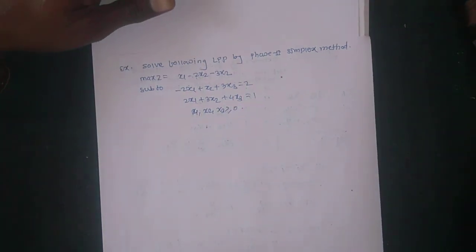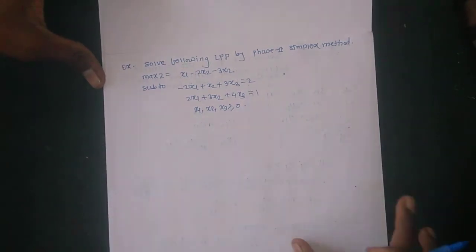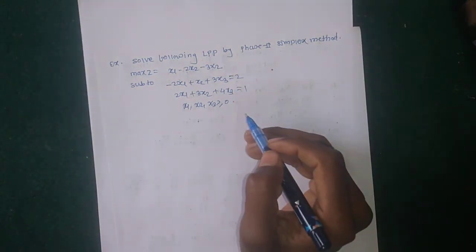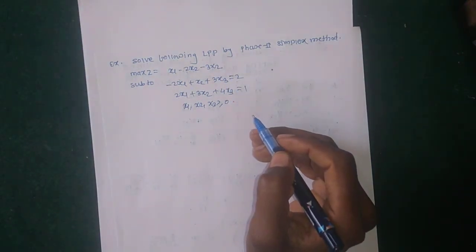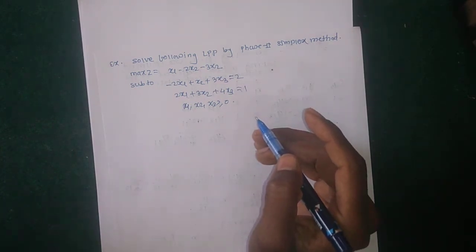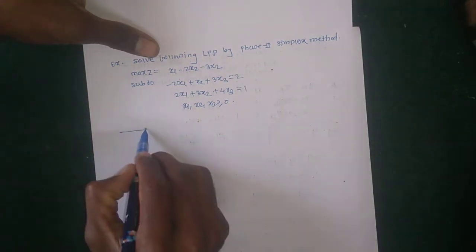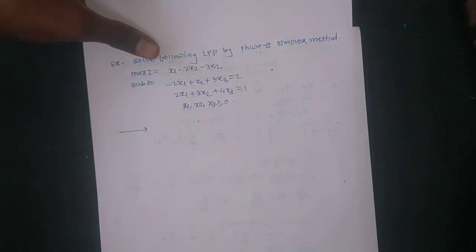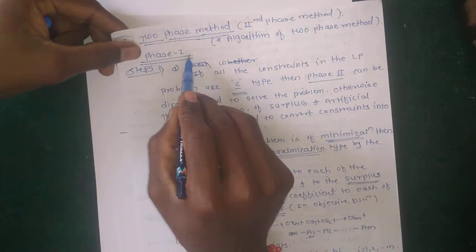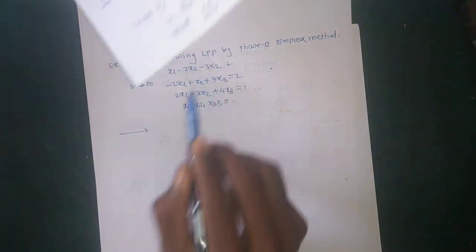So here we do not add a slack variable or surplus variable. Okay, here the constants are of equal to type, so we only add an artificial variable, because an artificial variable is added only when the constraint is of greater than or equal to type or equal to type. Okay, so directly we have to write the objective function, which is already given, for the phase 2 method here.